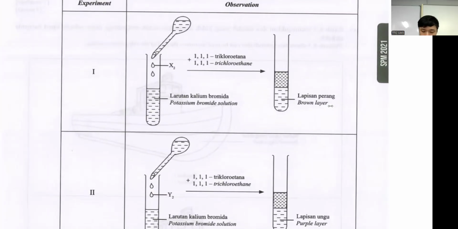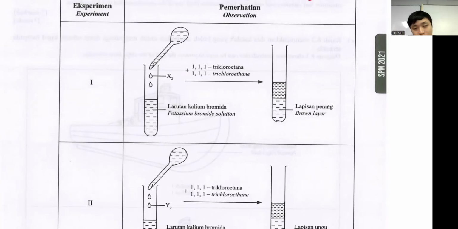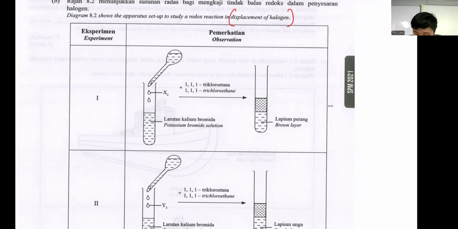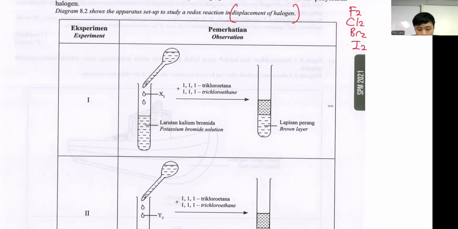What is X? This one is the displacement of halogen. Normally the reactivity of halogen is fluorine, chlorine, bromine, iodine. Normally we don't use fluorine, it's too reactive. Normally it's between chlorine, bromine, iodine. It means chlorine can displace bromine and iodine. Bromine can displace iodine. So for example,